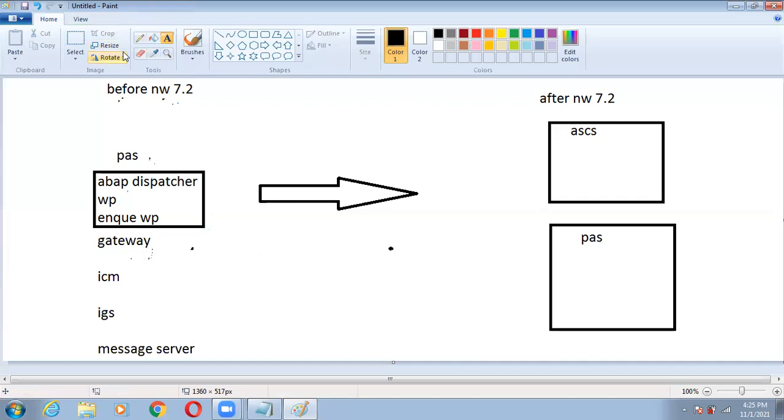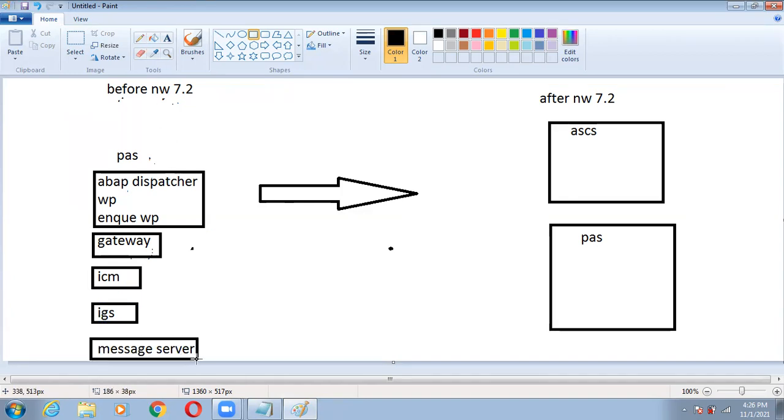I've explained this in the architecture, right?